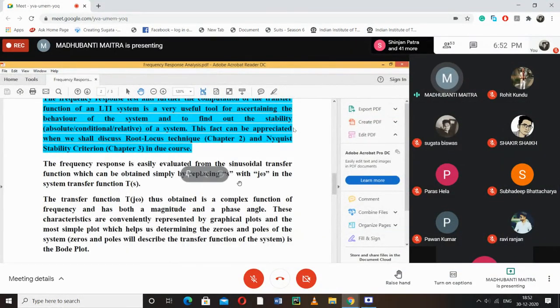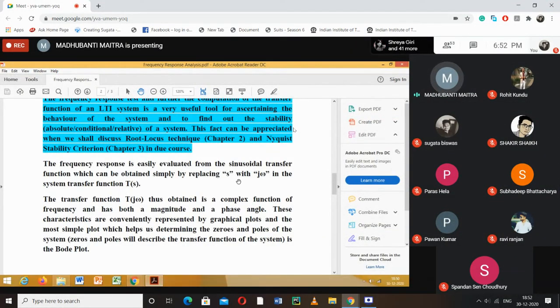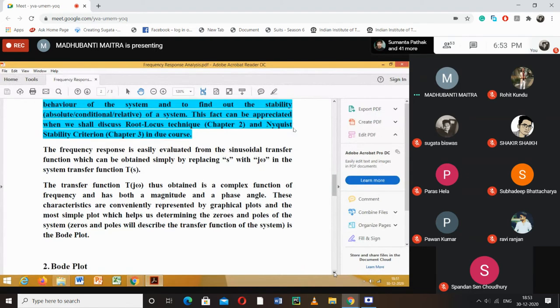But in the frequency domain, the sigma part becomes 0. And hence, in the frequency domain, this variable is replaced by only j omega. Why? We'll have to answer this question. Why in the frequency domain is S, which is equal to sigma plus j omega, replaced by simply j omega? That is the question. We'll have to answer this question citing suitable reasons.